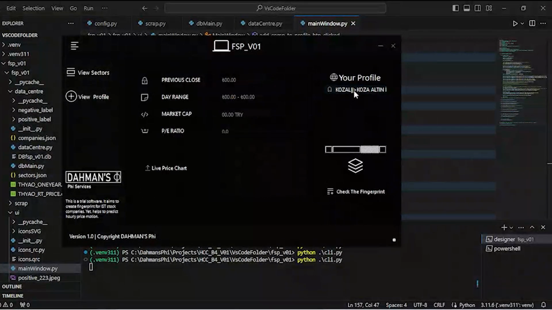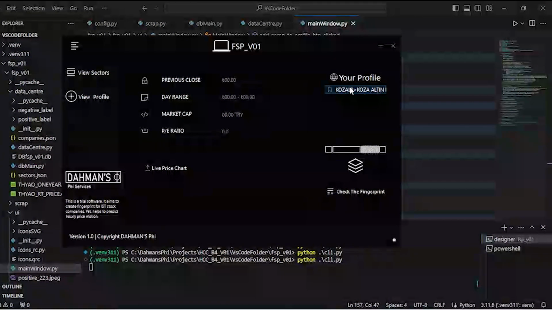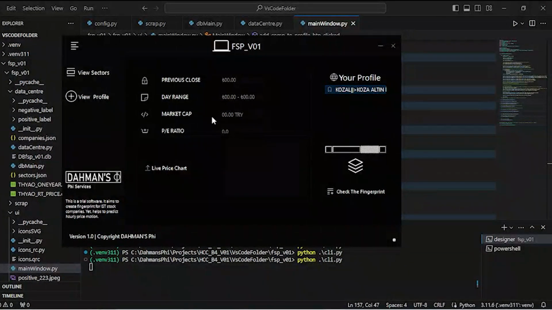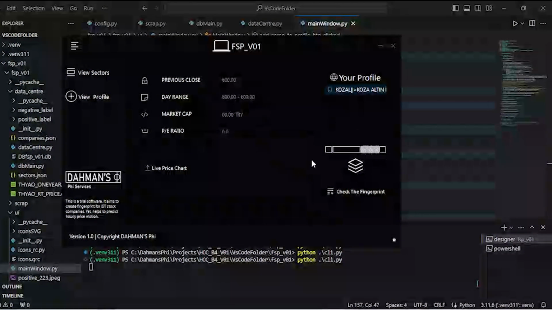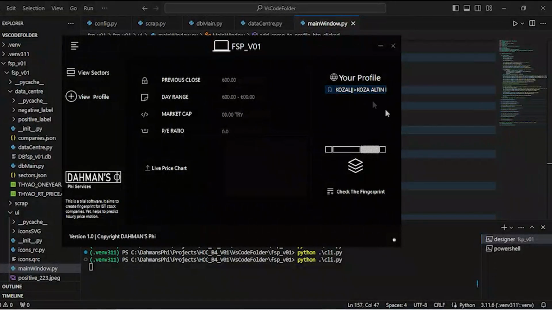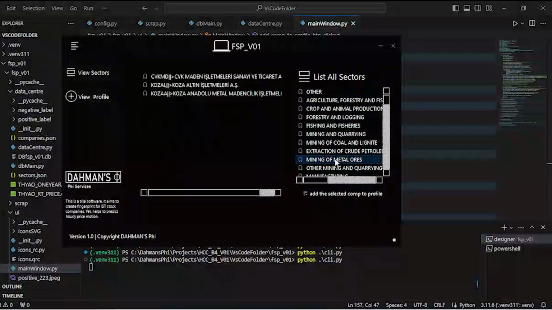Now if I go to view profile, it is here. This is now a company. Now we are completely in control of everything. Now what we want to do, now I'm inside this page. If I select this particular company, because I can add as many as I want, for example, let's add one